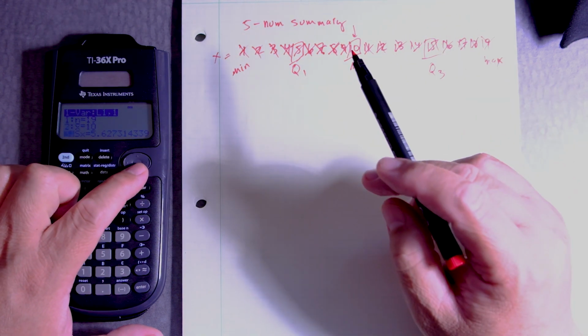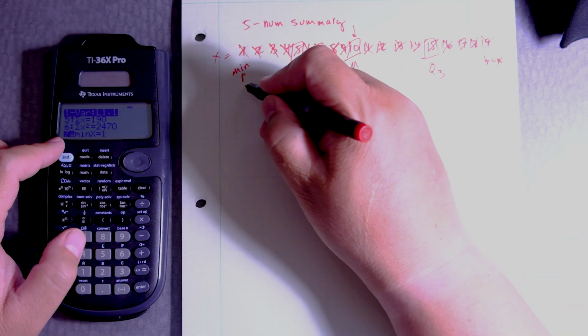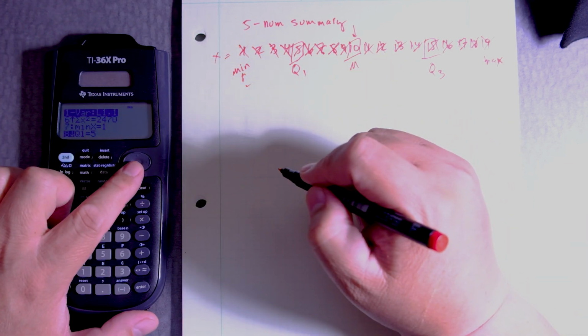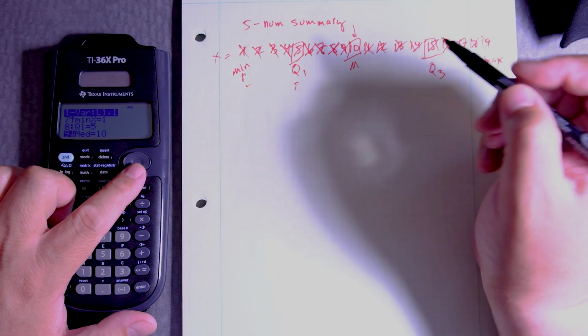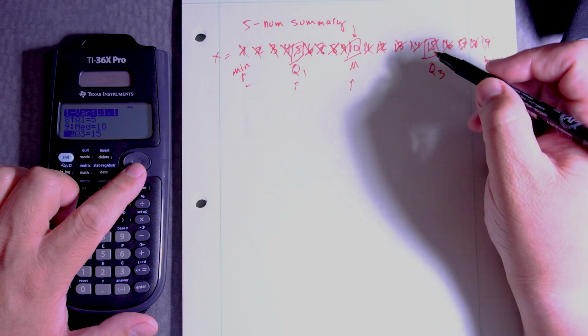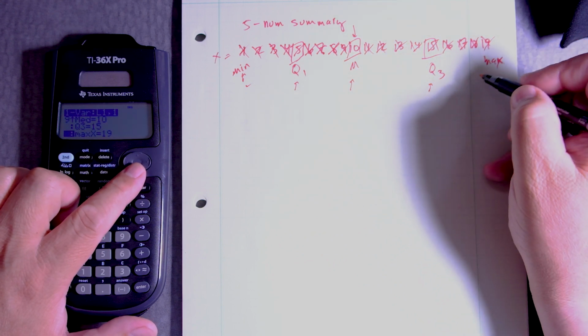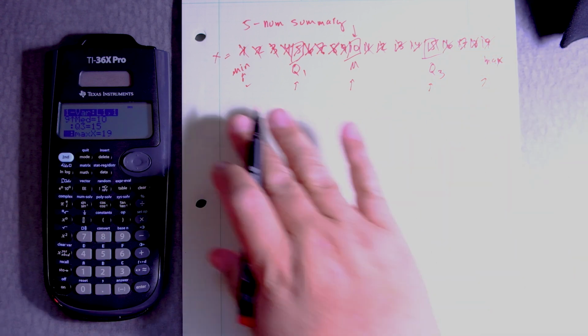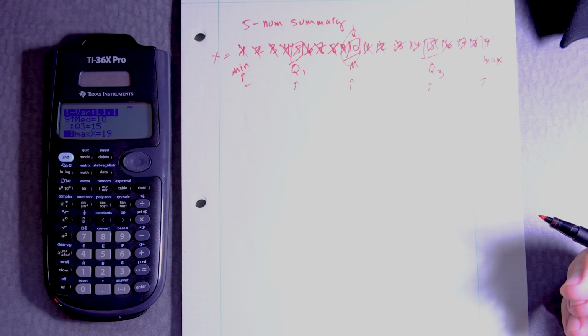we scroll down to find the 5-number summary. So the min, true, 1. The first quartile, 5, good. The median, 10, excellent. The quartile number 3, good. And the max. Now, the way I did it here, where I did not include the 10, that